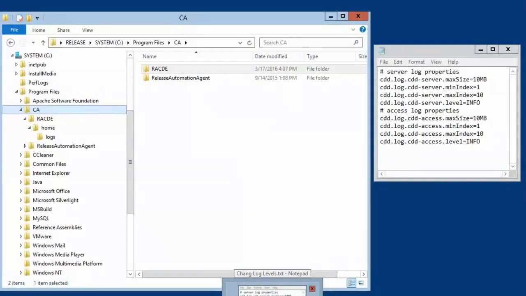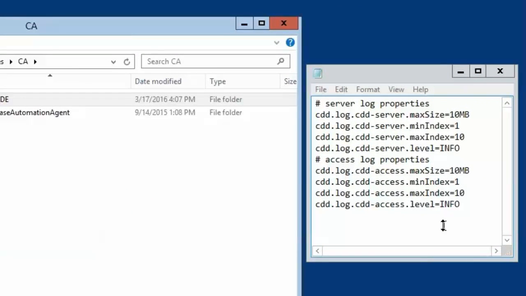In this demonstration, we're going to change the log levels for the application. When Release Automation Continuous Delivery Edition is installed, the automatic log levels are set to the info level. You can see in my display here that we can put in some code that will represent the info level, but that is the default. We don't even need to have that for the info level to be set. So we're going to show you how to change it to trace or debug or error or whatever it is